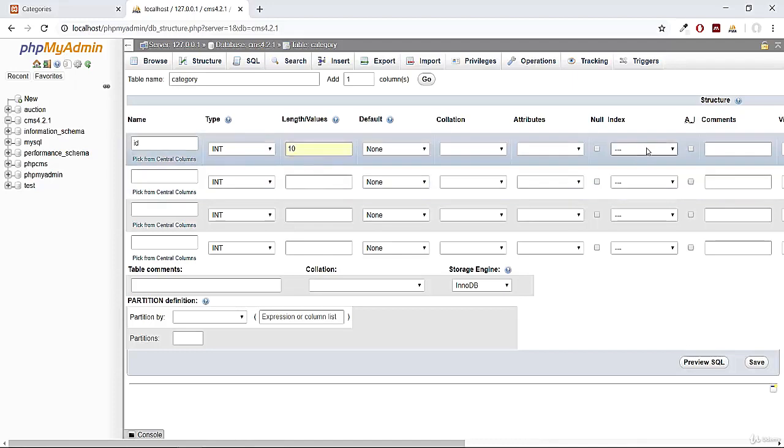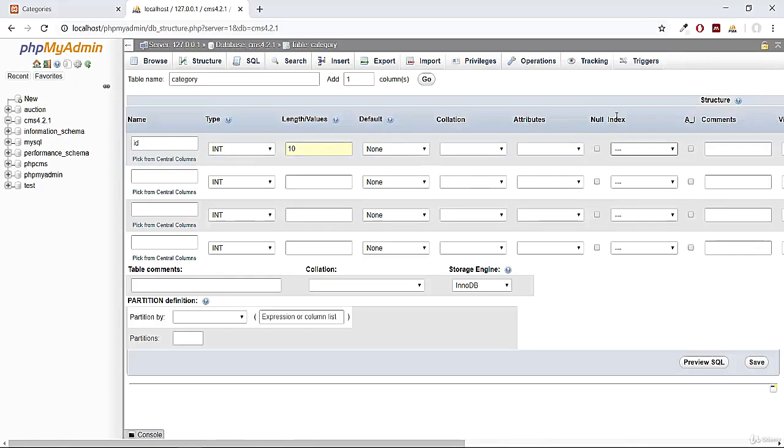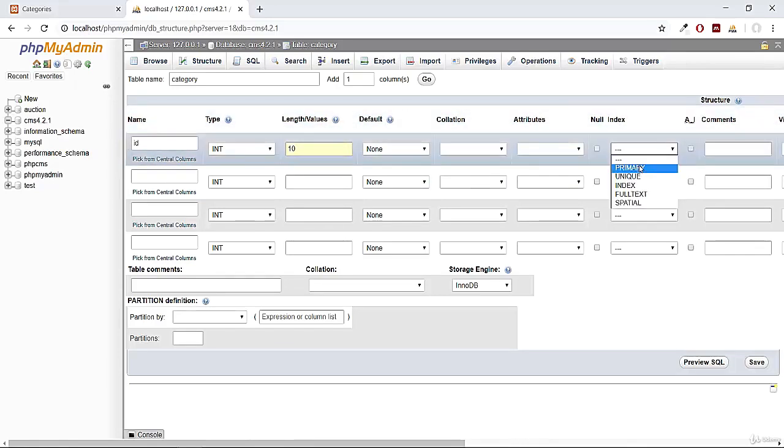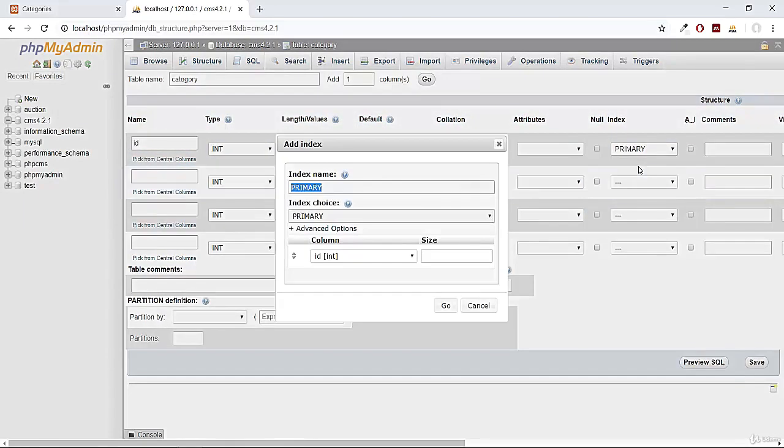In the next column that you have to focus on is this index one. So click on this index, select primary key. This primary key will help us to update our category later or delete our category. By making it primary, we are saying to our database that this ID column would be unique. There won't be any duplicate entries in the ID column.